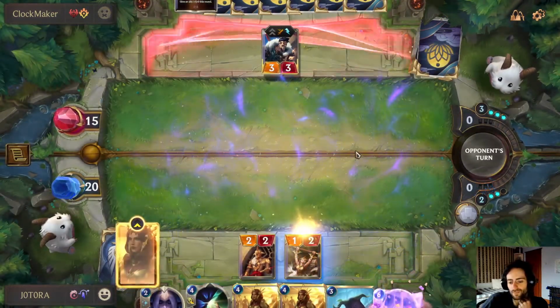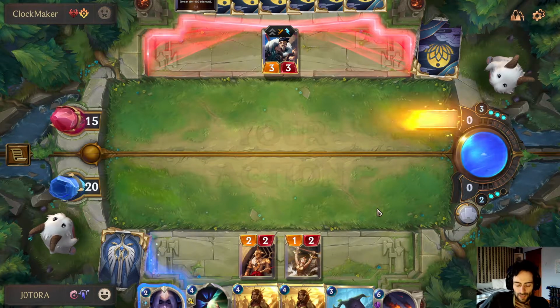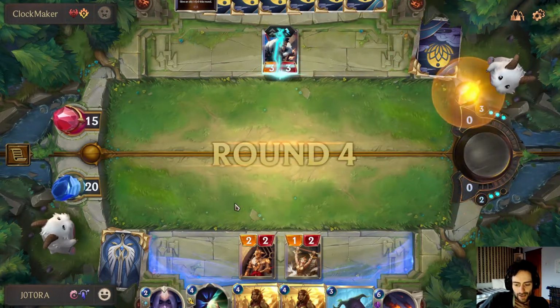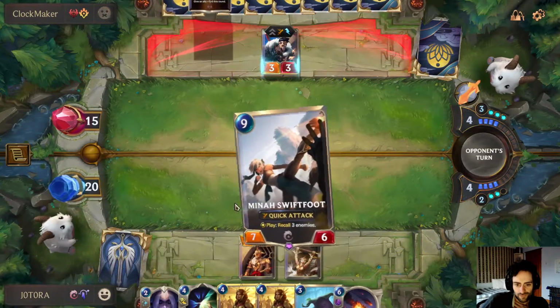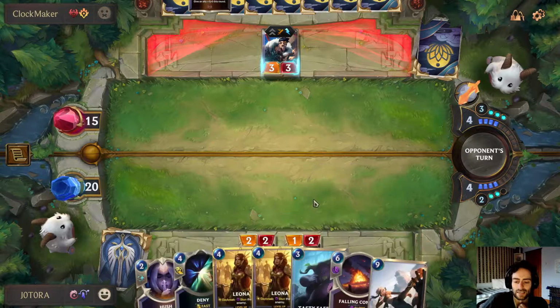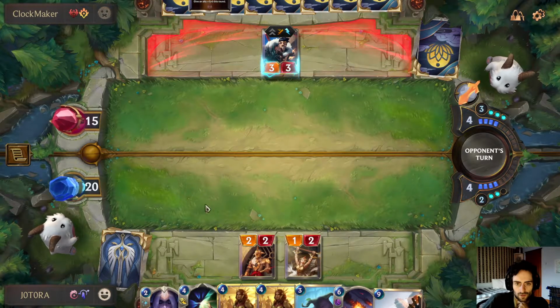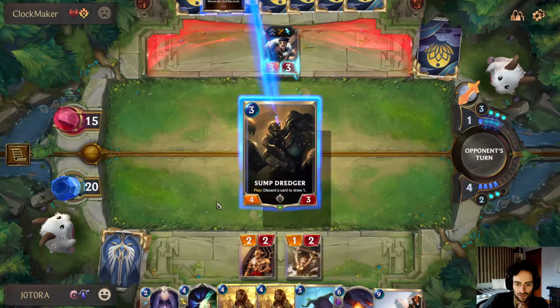Probably want Falling Sunlight Comet. Obliterating an Ezreal or a... I think the main thing we're going to be looking down the line at obliterating is a Captain Pharaon. So if they don't open on attacks, we're definitely going to